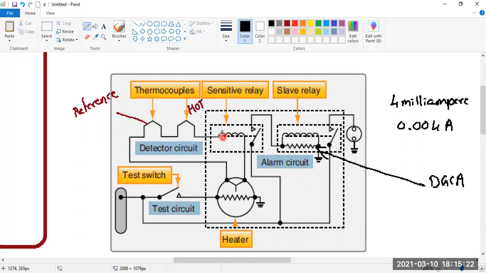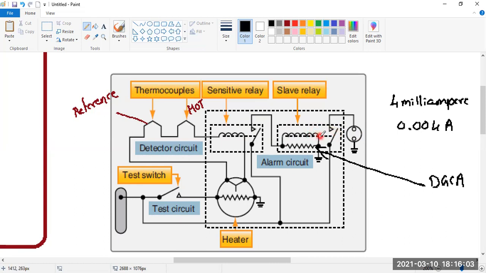See, I told you that when the electricity is going through here, it will be energized, contact will be made. But what if the contact is broken? Imagine that the current value decreases below this, or you have used a fire extinguisher and extinguished the fire; obviously the current value will decrease over here. The sensitive relay will no longer be energized, so the contact would be broken because there is a spring which will open the contact. As this contact is broken, the slave relay was producing a magnetic field, right? Now here the magnetic field will collapse. Earlier there was electricity so the magnetic field was being produced. Now there is no electricity, so the magnetic field will collapse.